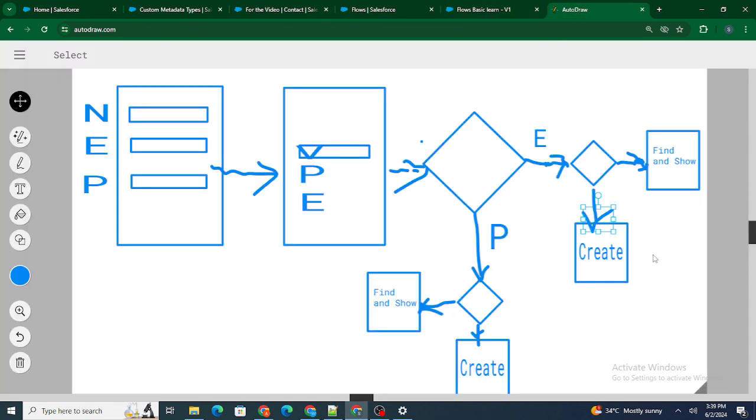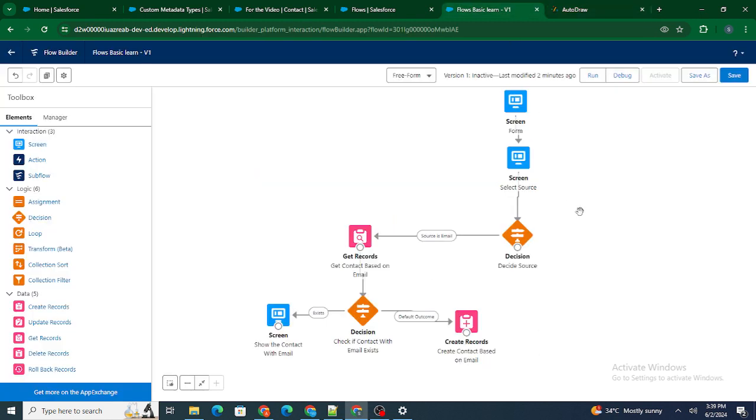Now this part is done, email part is done. Let's move on to the phone part. Once one part is done, you might be thinking, okay, I have to do it all over again. No, you don't have to. The reason is I will show you a shortcut way. You can just select this. Right now I have to do the same thing for the phone as well, right? So I'll just copy this and click on this duplicate icon. Using the duplicate icon, I can just duplicate the get records,